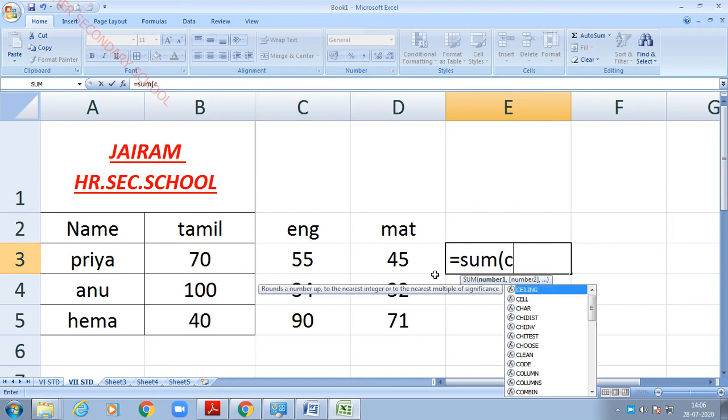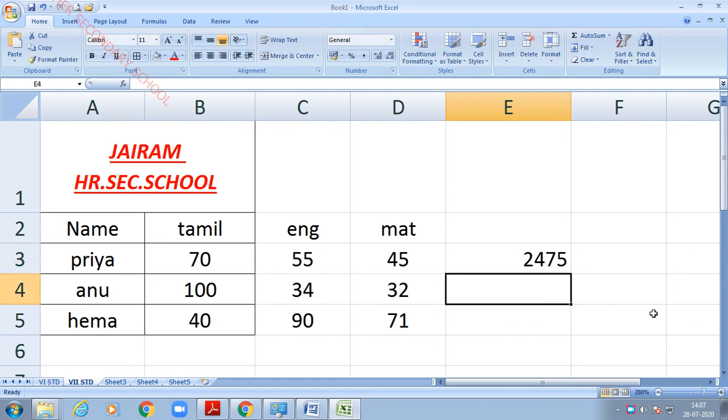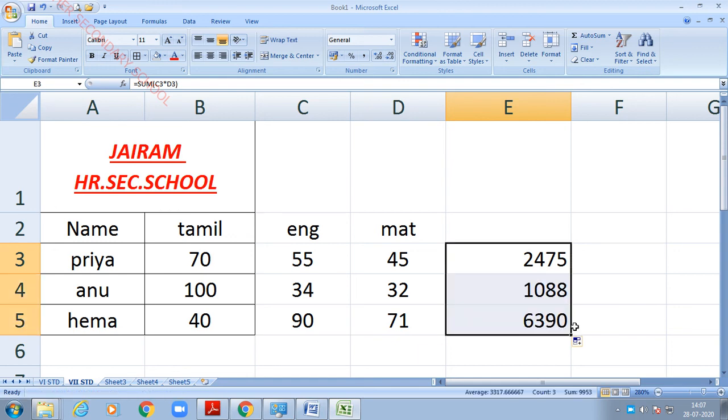C3. So I am going to type C3. Then press the star key on the keyboard. Then what is the cell address? D3. Okay, then use close bracket to close this data. Press the enter key. This value has calculated. So this is the way you can do multiplication. For subtraction you have to use the minus symbol.